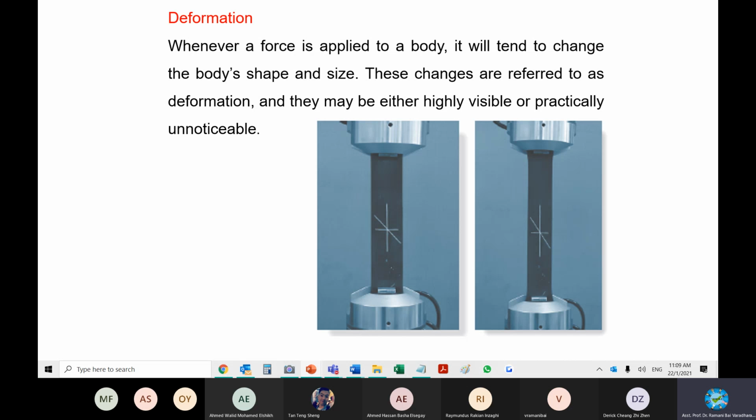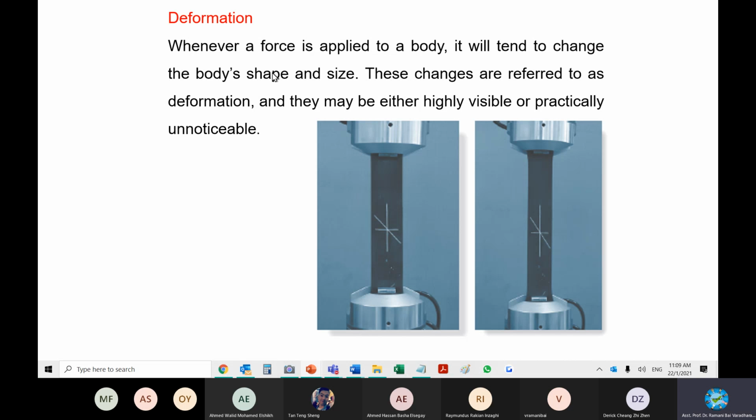I keep saying strain, it's a deformation, right? Whenever a member, it may be a beam, column, or any type of material, you subject it to loading, it will undergo deformation. What type of deformation? Accordingly, you will have the kind of failure, kind of design. Whenever a force is applied to a body, it will tend to change the body's shape and size. If the shape is changed,